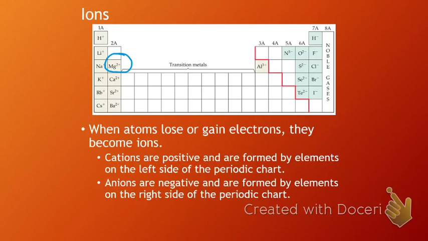Let's see. Magnesium has, let's see, 2 plus 8 is 10, 11, 12. So it would have 12 protons and 12 electrons. However, if it loses those 2 electrons, it now has 12 protons and 10 electrons, which gives it a positive 2 charge. The way that this works here is that